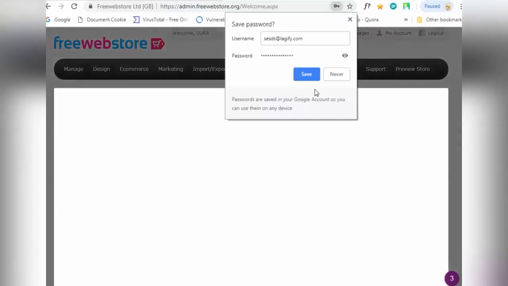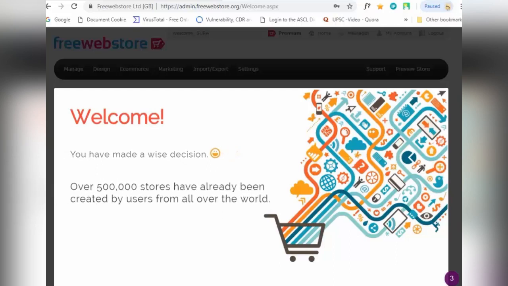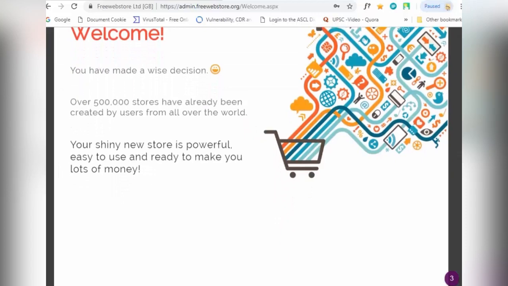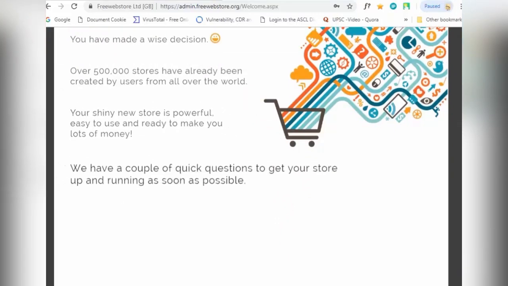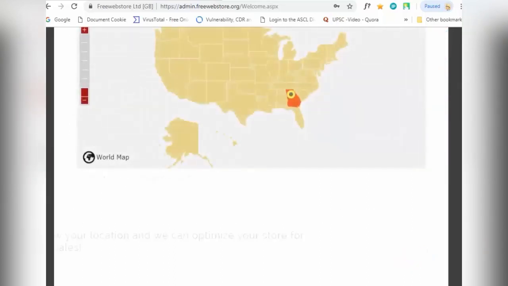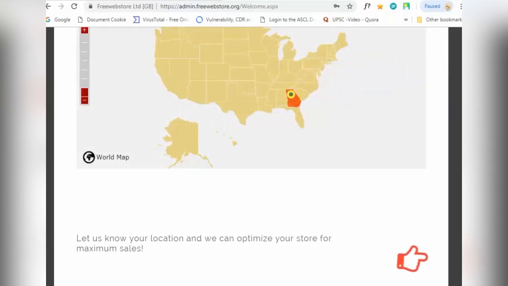Here I am at my login page. I could either save or leave the password as it is. This is the welcome page of the store. There are certain steps which need to be followed step by step to get started. I'll just click on that link. I would select the location. You can select your location. Click on the next icon